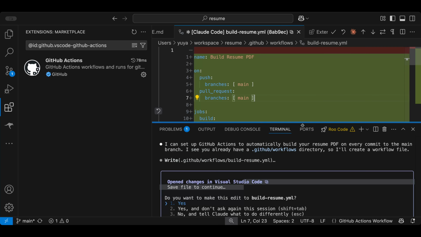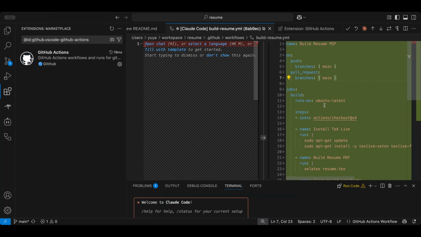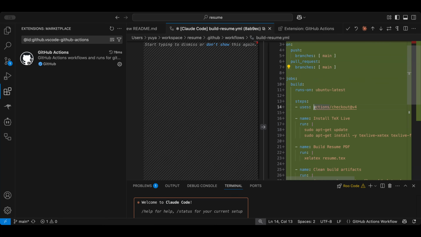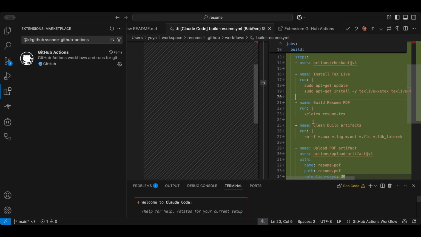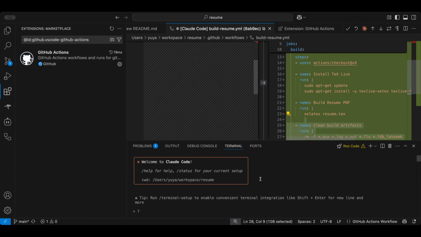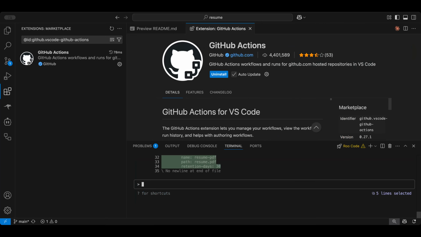Claude created this code, and we are using the preset actions. And it created this install command by itself. But I don't like this approach because we should already have some kind of preset action. So no. And then I will tell it, please use